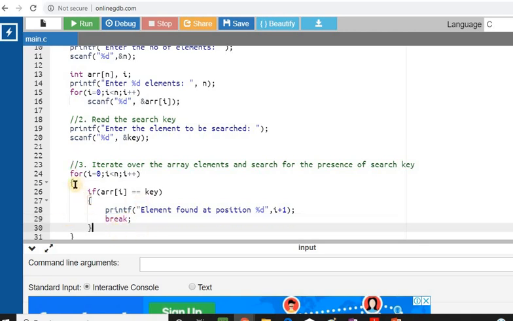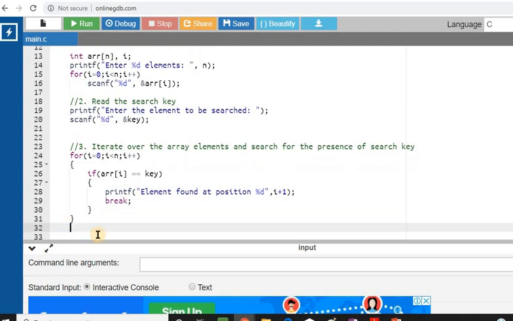This whole block of statements will iterate over each and every element of the array, and it will check whether the element of the array is equal to the key. As soon as it finds a match, it will print that the element is found at position %d, and then it breaks from the for loop. We also need to print that the element has not been found. In order to do that,